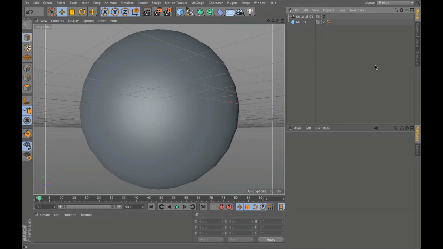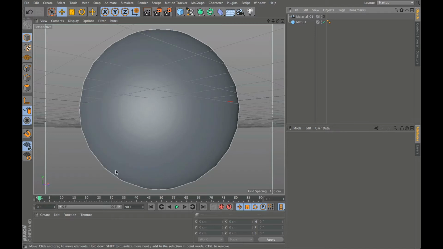In this video, we're going to take an overview look at the Materials Manager and creating materials within Cinema 4D. We're going to look at all the different channels that we have access to, some of the built-in shaders that are provided, and also some of the specialized surfaces and other effects that we can add to our materials to build up a really impressive texture library. So here I've just got a simple